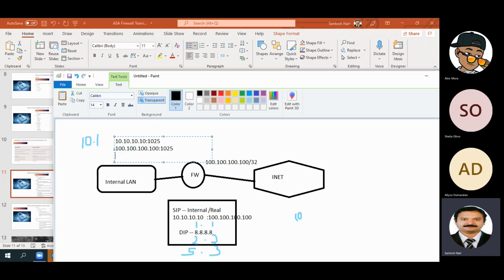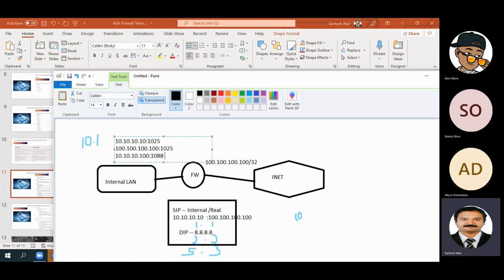Suppose a different IP address is coming, say 10.10.10.100. It is coming from another port, any higher port, because ports 1 to 1024 are reserved.